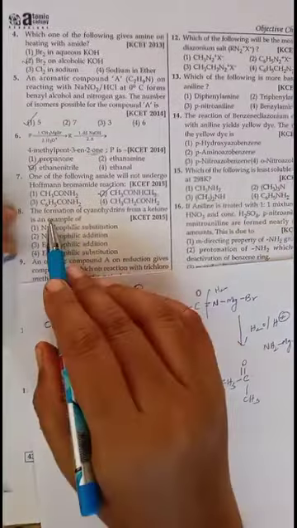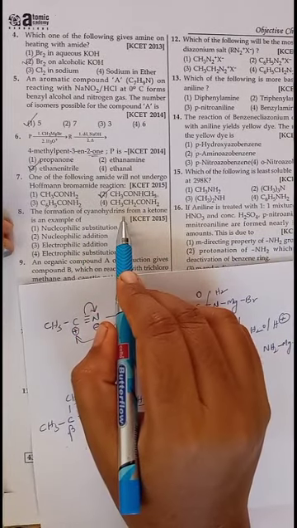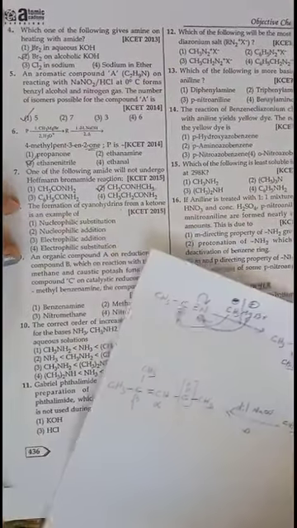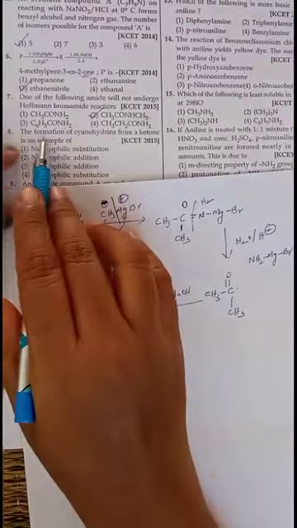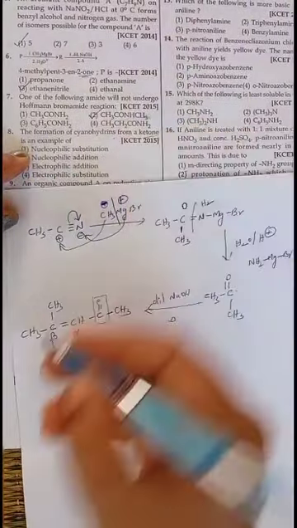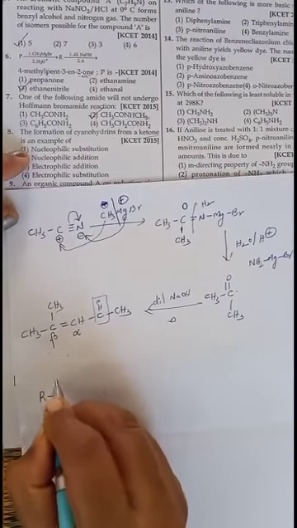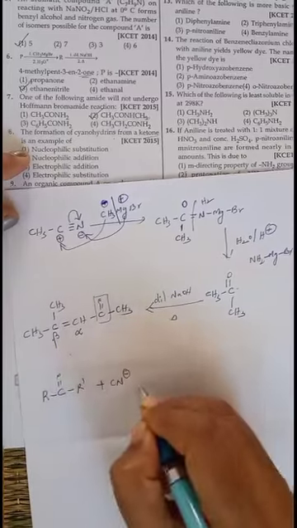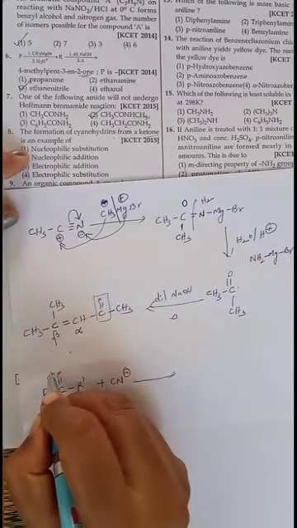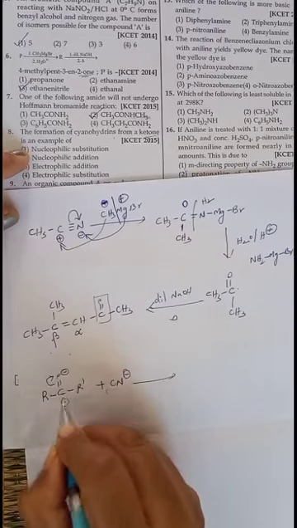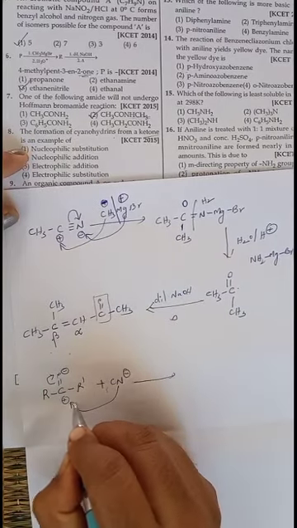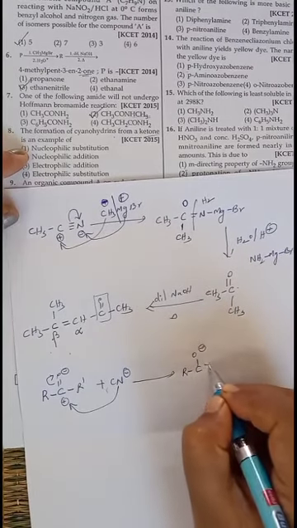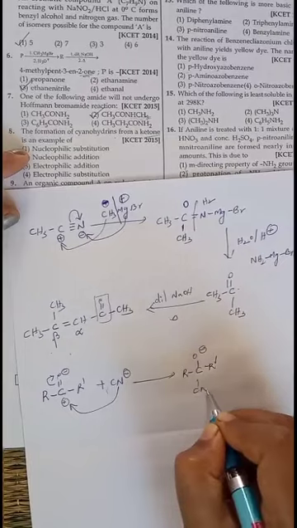Now the next one, the formation of cyanohydrins. The formation of cyanohydrins from a ketone is an example of, okay, write down the reaction. So cyanohydrin formation from a ketone. First take ketone general formula R, C double bond O, R dash. When it undergoes reaction with cyanide, HCN or KCN you can take, first the pi bond moves here, oxygen gets negative charge, carbon gets positive charge, this CN is added to this one, we will get R, C, single bond O minus, R dash, and here CN.